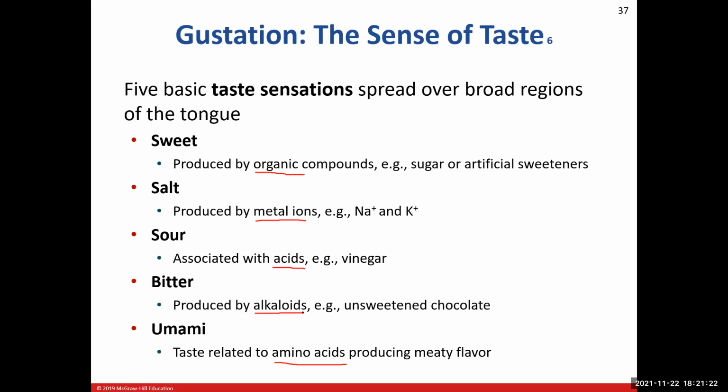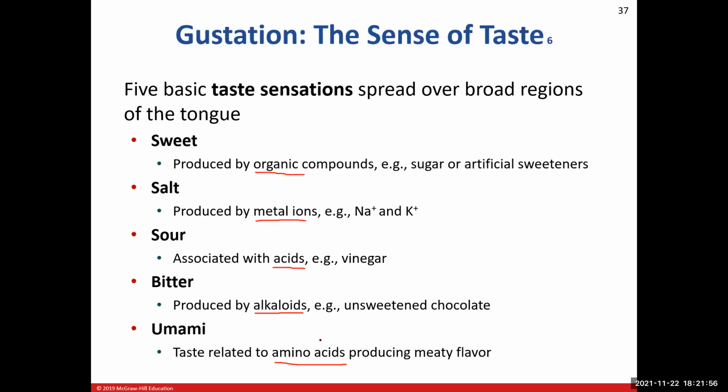And if you've ever tried unsweetened chocolate, you know what I'm talking about. I worked at a restaurant many years ago, and one of the cooks in the back of the kitchen was betting people that he would give them $50 if they could eat an unsweetened chocolate bar in one bite. And of course, everybody said, all right, that's an easy bet. I'm gonna tell you something, I tried it, I couldn't do it. Unsweetened chocolate is not what you think.